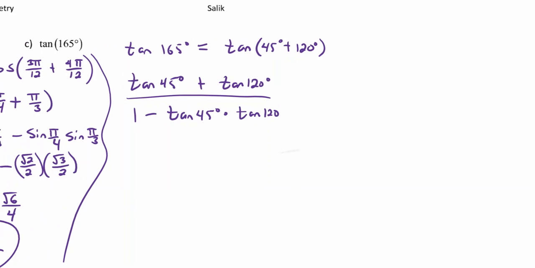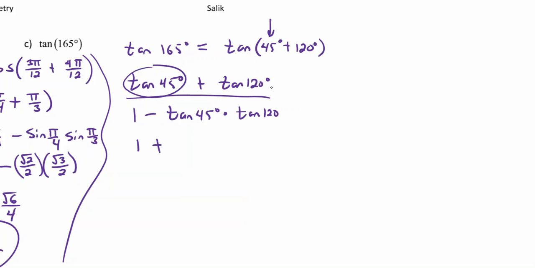Okay, so let's fill in what we know. The good news about using 45 degrees here was that tan 45 is always a nice number, because at 45 degrees the opposite and the adjacent are always the same. The x and the y will always be the same number, so your sine over your cos will always be 1. So that'll be 1 plus